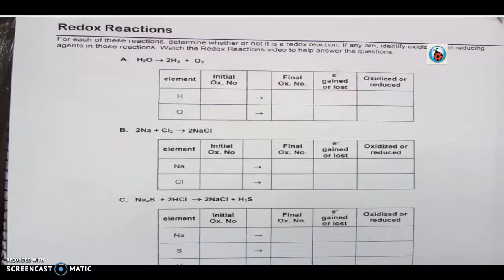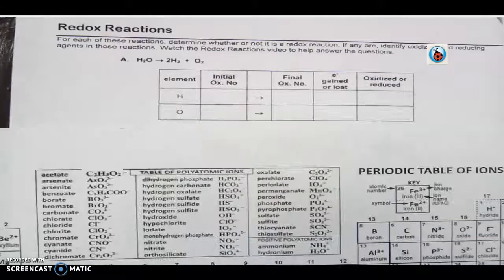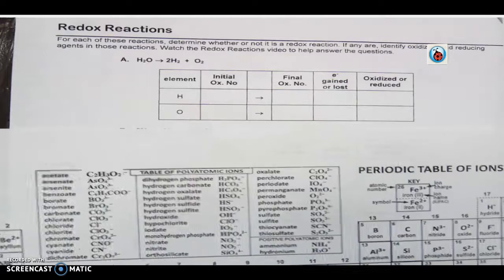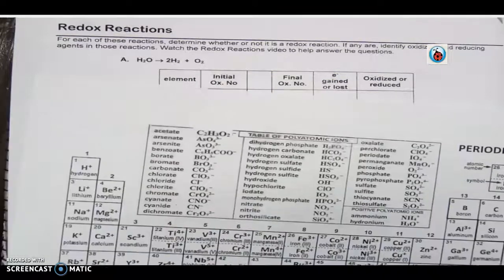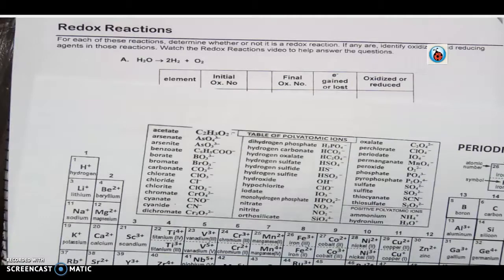Okay, hopefully you've already watched the video regarding redox reactions, but I'm going to go over it again. Okay, so grab an ion chart. We need that. And we're going to assign oxidation numbers to all our elements. Okay, so in this first one,